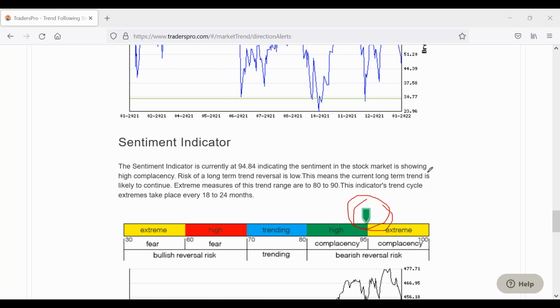But until I see evidence of that, I'm assuming the opposite, that they're not going to go much higher than these levels, which means that they're going to be looking for reasons to sell, and with any sort of negative news that can come out, we could see some pretty heavy selling. We really need to see that sentiment indicator back off of the extreme and the high range there. See a little bit of fear enter the market. Have the market come down to levels where we can establish a more consistent uptrend,